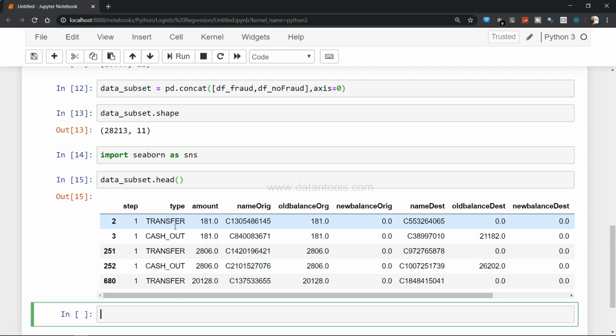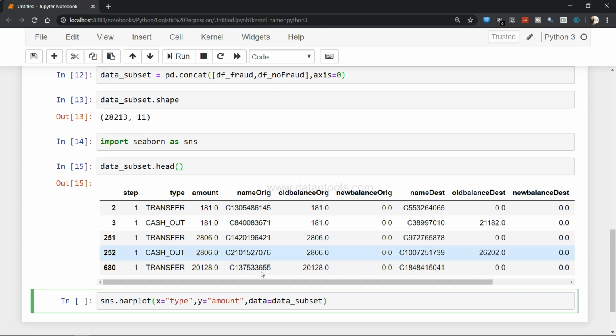So we want to know which payment type has been used a lot, by the amount that is being paid. For that I can say sns.barplot, x equals type, y equals amount, and data equals data_subset.